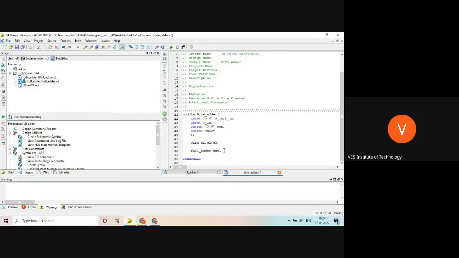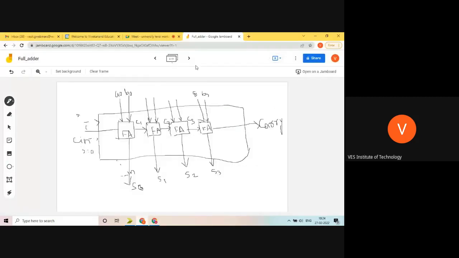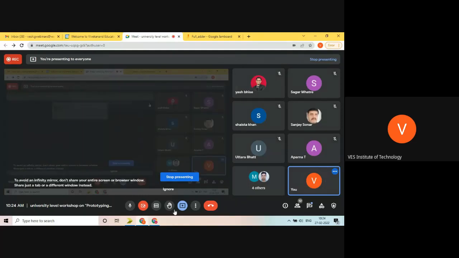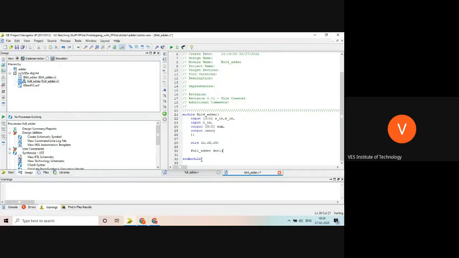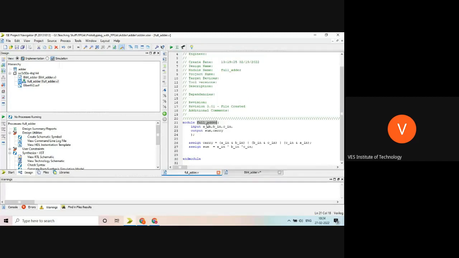Now we wanted to map the ports. Okay, so mapping the ports, what is the method? The idea is simple. For mapping the inputs, what I have to do is I have to map A in 0 to A in, B in 0 to B in, C in 0 to C in.